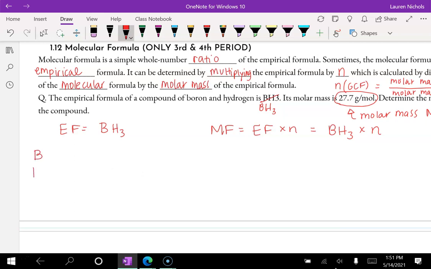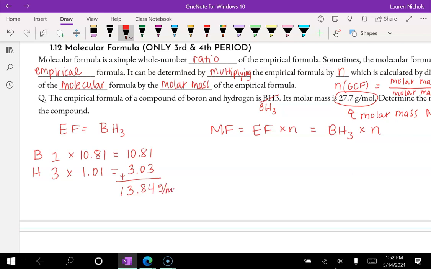So we have boron and we have hydrogen. Boron, there's one of them. Its molar mass on the periodic table is 10.81. And hydrogen, we have 3 of them times 1.01. And we get 3.03 for those. We add it all together, and we get